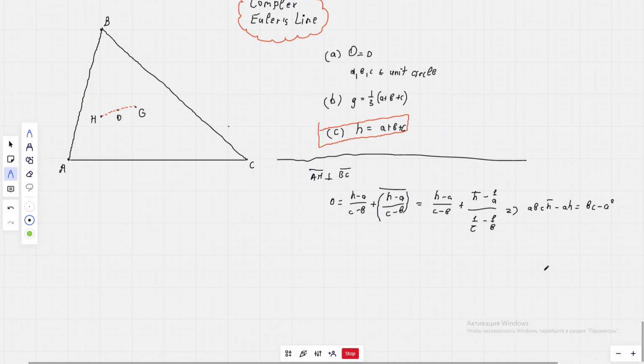If we do the same thing with the lines BH perpendicular to CA, and CH perpendicular to AB, we will get that